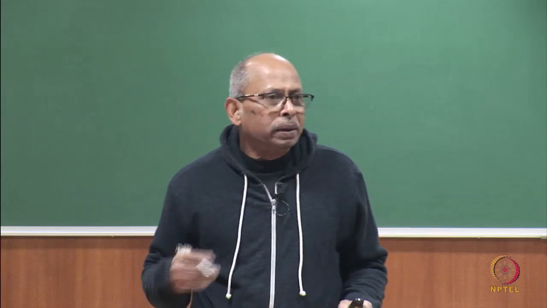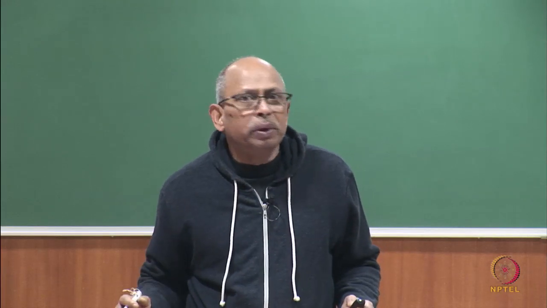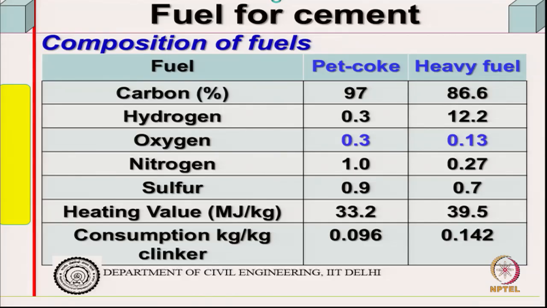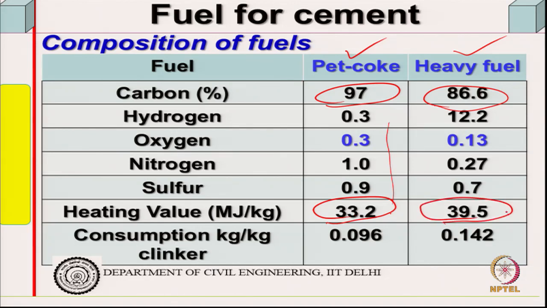Okay, so remember last class we were looking at fuel for cement, right? And if you remember, we looked at two fuels. For example, one of them is pet coke, and another is a heavy fuel. Now, carbon is 97% and the rest are other materials. In this one, it is around 86.6%. Finally, the heating value is 33.2 megajoules per kg, and this is 39.5 megajoules per kg, because this hydrogen